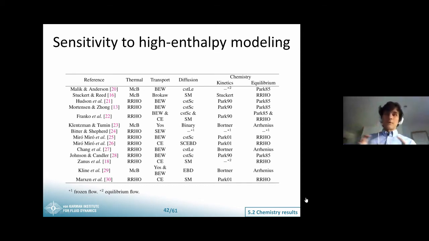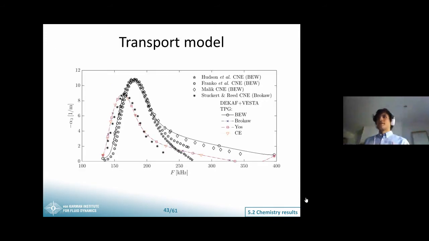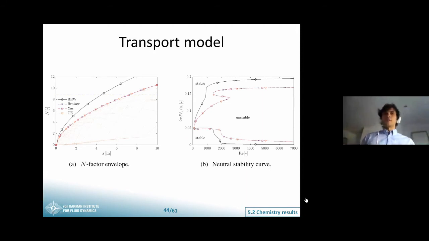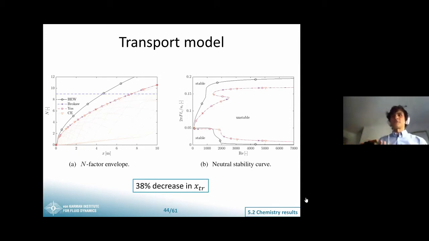For example, transport properties were seen to very strongly misrepresent the boundary layer height and therefore strongly affected the results. Actually, with this comparison, we were capable of explaining a discrepancy between two different research groups, which had remained unexplained for more than 20 years. As I said, the impact of the transport model was pretty dramatic, and we saw that using the less accurate Blottner-Eucken-Wilke model could lead to an error of 38% in the expected transition onset location. So this is pretty huge. It's almost half of your vehicle, just purely due to the error in this transport modeling.